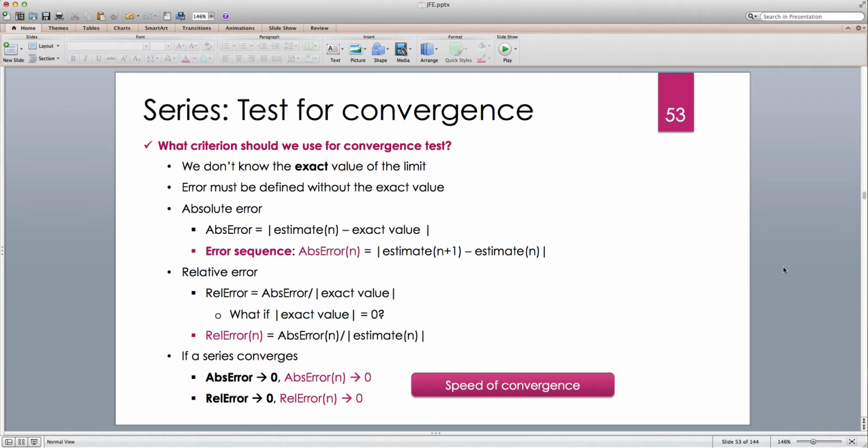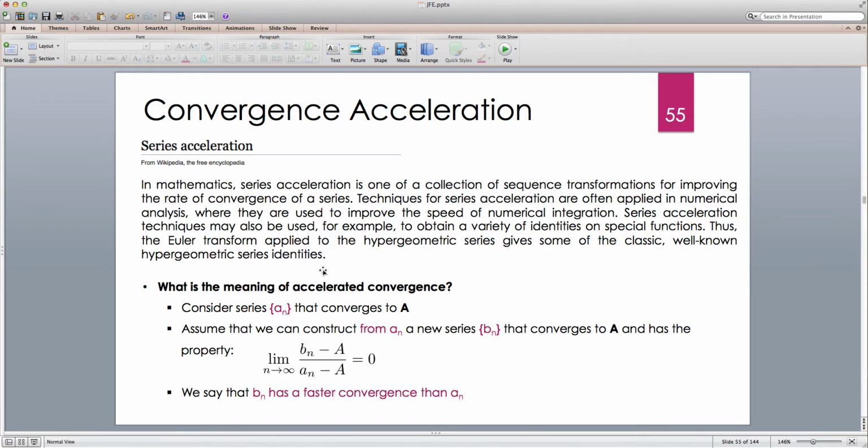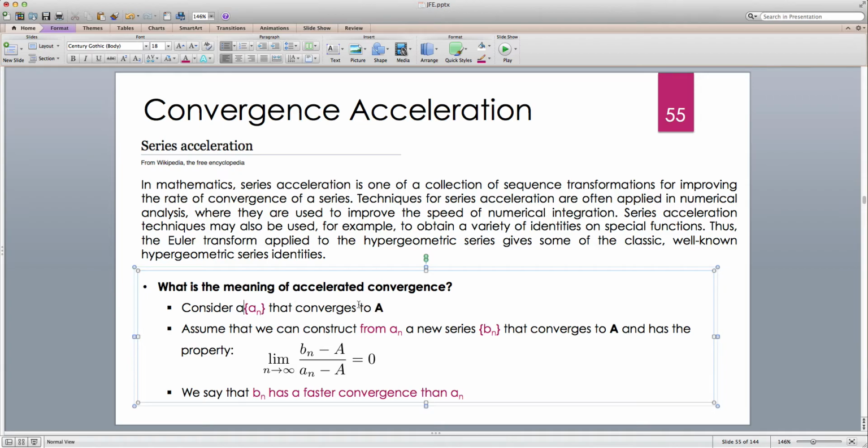And typically the way we do it is we define a sequence transformation, and by that, first we have to define what is the accelerated convergence. So consider that we have a sequence an that converges to A, and then consider that we apply a transformation to this an sequence, and then we construct from this initial sequence an a new sequence bn that also